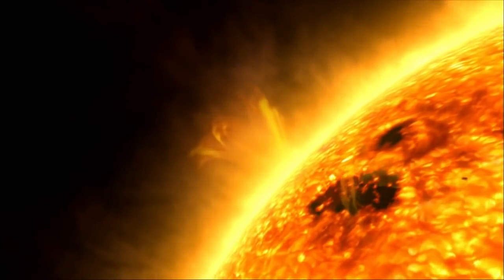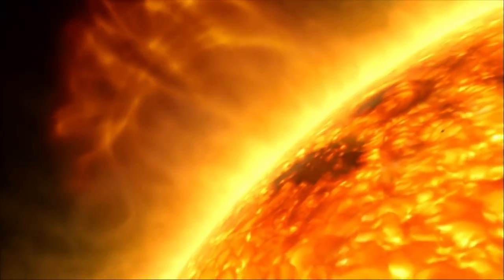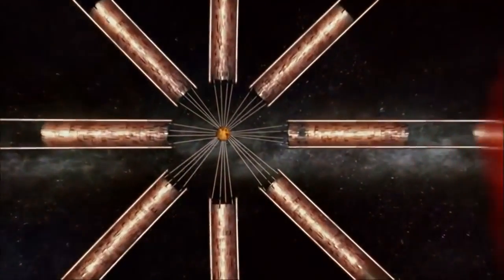Just realize that the Earth only uses a tiny fraction of the energy from the sun. If the sun were this big, the Earth would be nothing but the head of a pin compared to the size of the sun. So we absorb only the tiniest fraction of energy from the sun. To harvest the energy from the sun, a theoretical